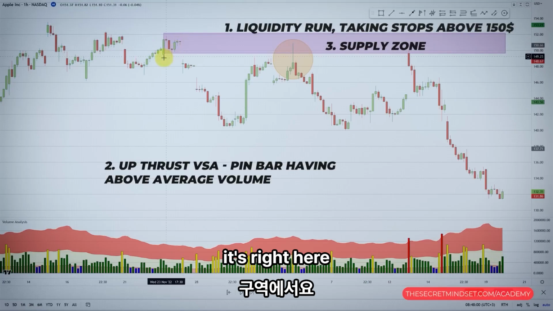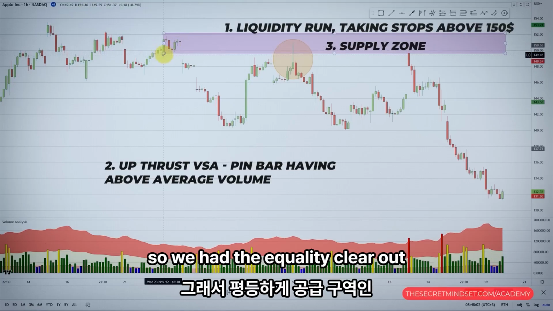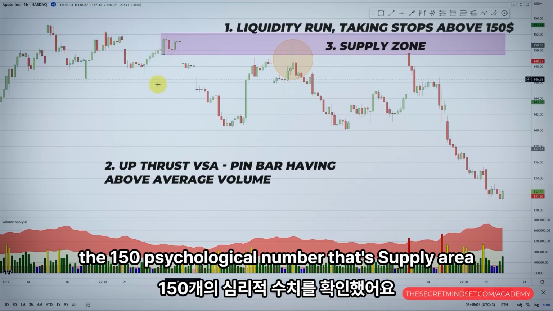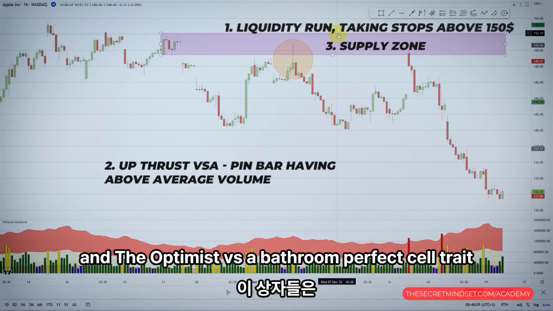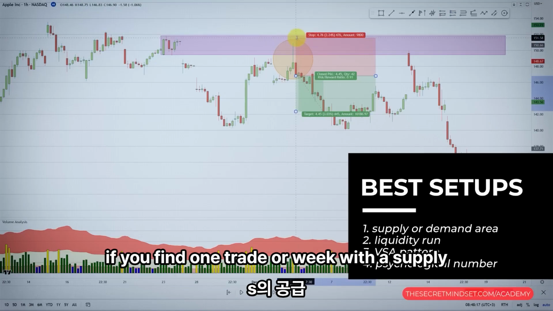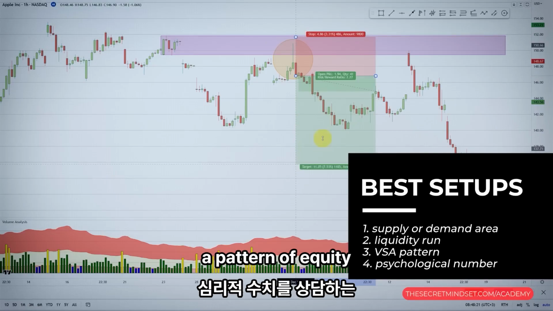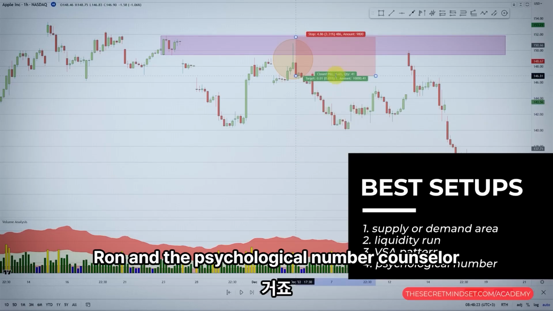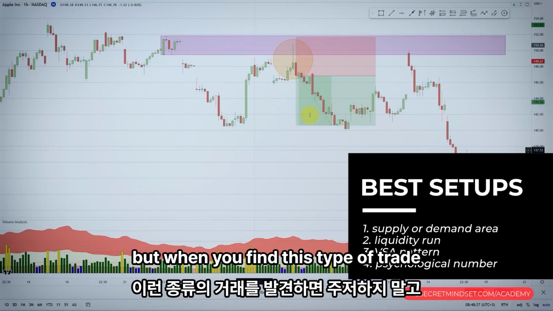It's right here. So we had the liquidity clearout, the 150 psychological number, a supply area, and the upthrust VSA pattern. Perfect sell trade. These trades are rare. You'll be lucky if you find one trade per week with a supply or demand area, a VSA pattern, a liquidity run, and the psychological number confluence. But when you find this type of trade,